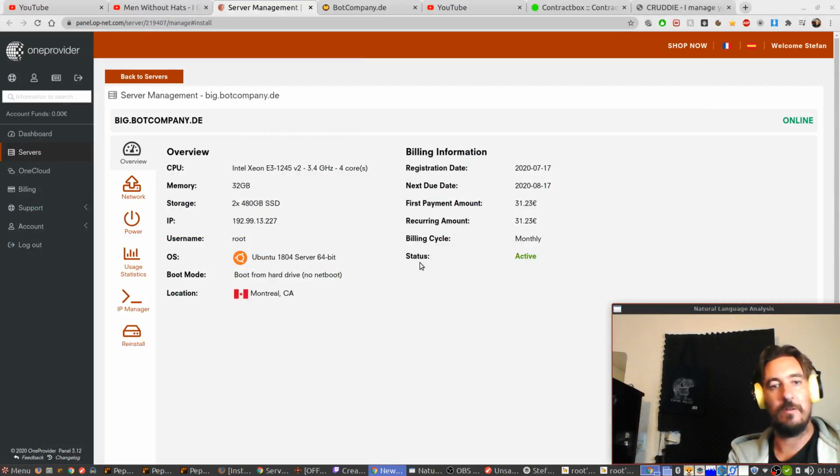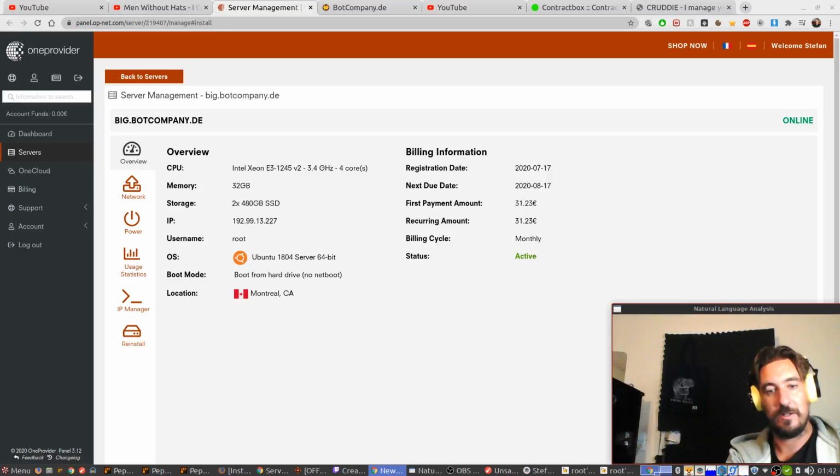And there's the new server, by the way. I got a new server in Montreal. I could have gone for Los Angeles, but they gave me half the memory. This one has 32 gigabytes, which is so absolutely huge. And Los Angeles had 16 gigabytes for pretty much the same price. So I was like, yeah, that's not that difficult.